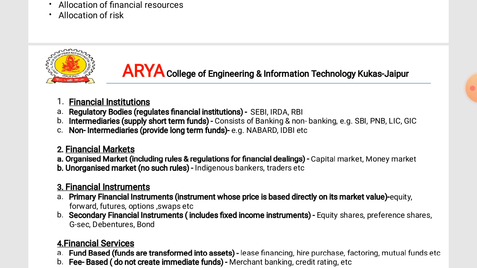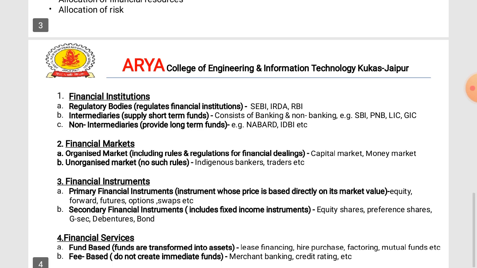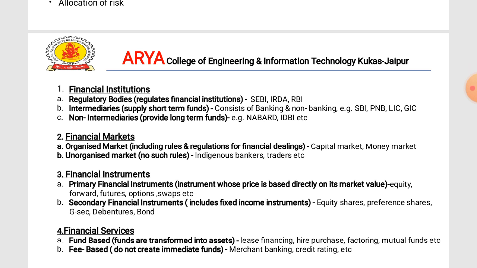So coming next, that is financial market. What is financial market? Generally speaking, there is no specific place or location to indicate a financial market. Wherever a financial transaction takes place, it is deemed to have taken place in the financial market. Hence, financial markets are pervasive in nature, since financial transactions are themselves very pervasive throughout the economic system.